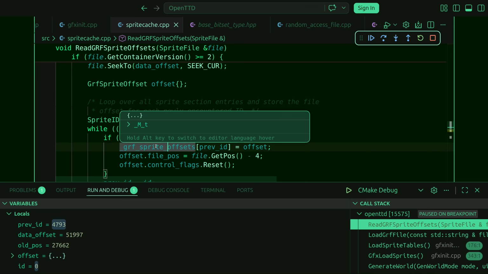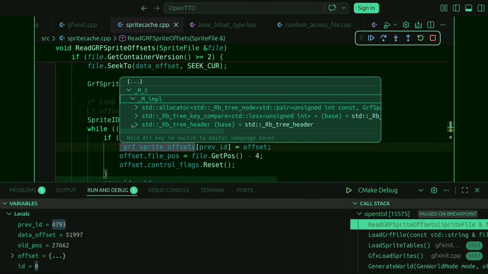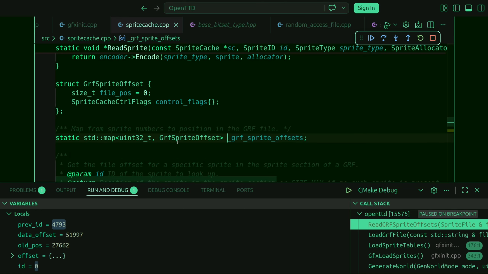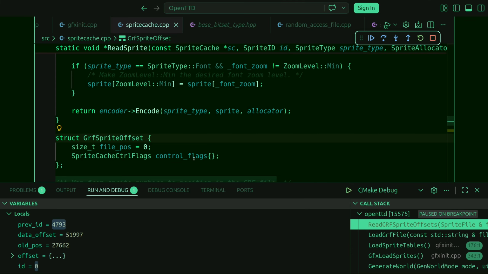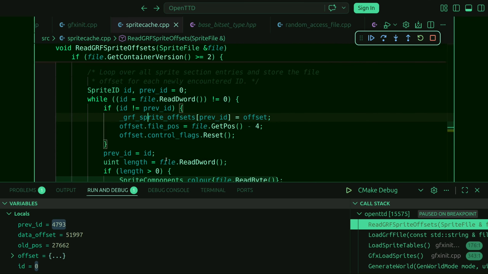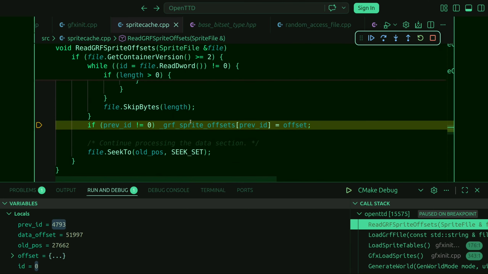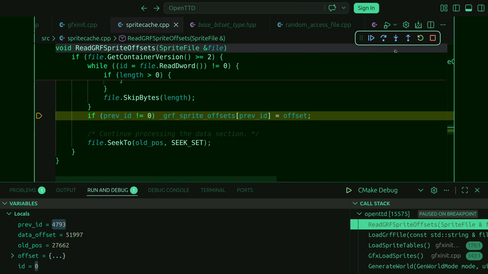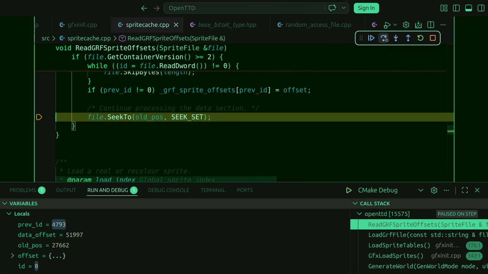So this is like the map that just contains all the offsets of all the sprites, and it's indexed by their ID. So we know where the sprites are in the file. We start just with the last one, and we just seek to